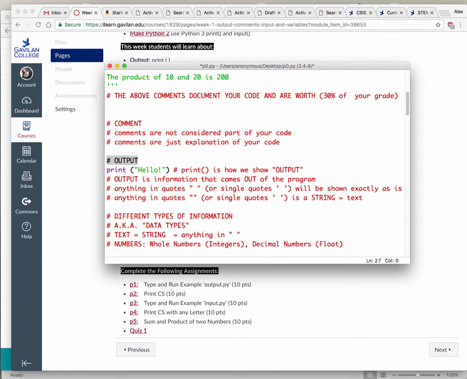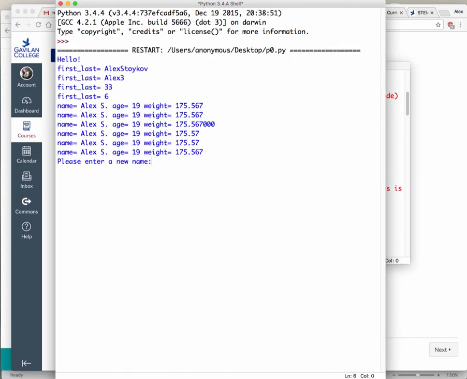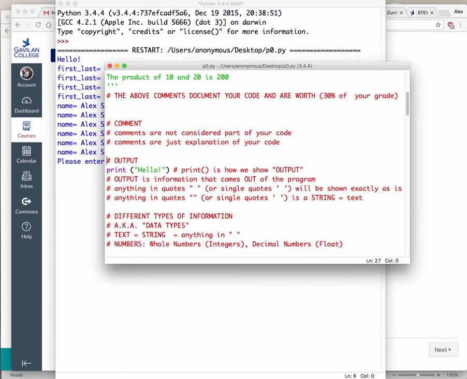One thing that I covered was output. Output is information that comes out of your program. You use print to do that. The print command tells Python to show something in the shell window. The shell window is where the program runs. If I run this, this is the shell window. This is where the program runs. Okay,